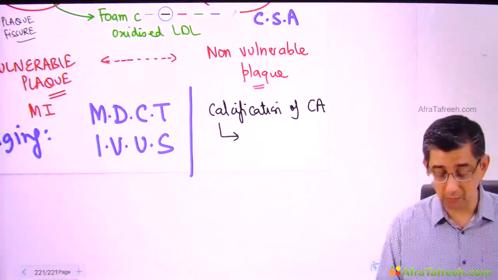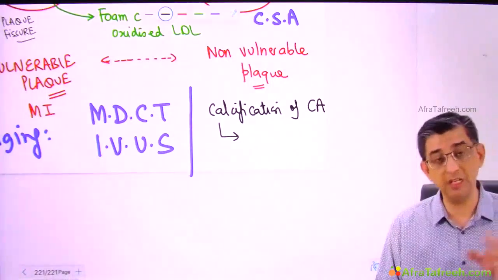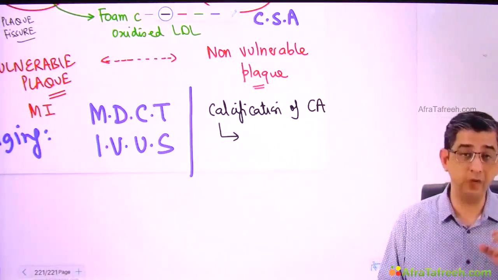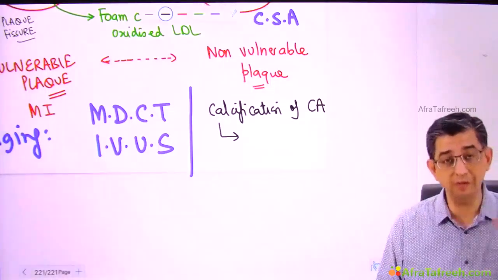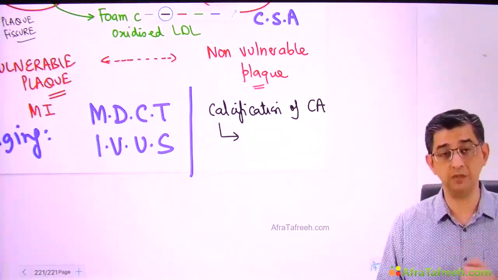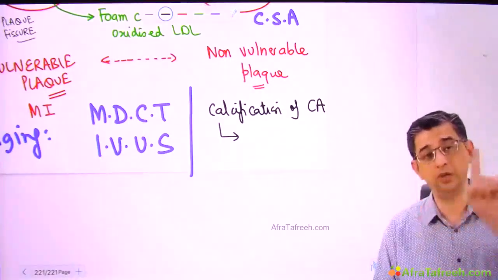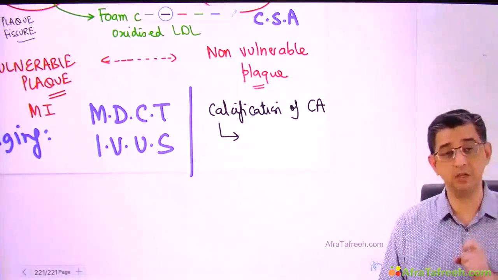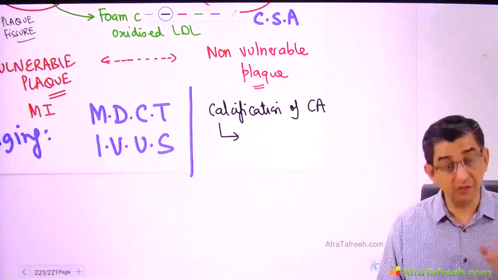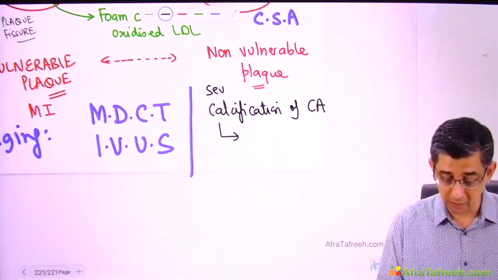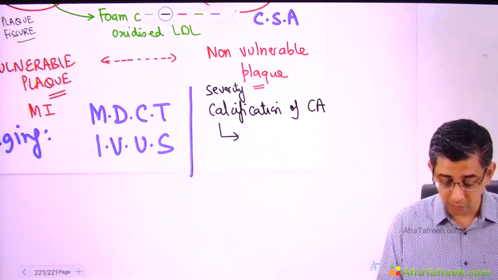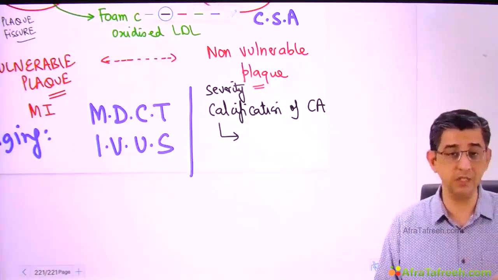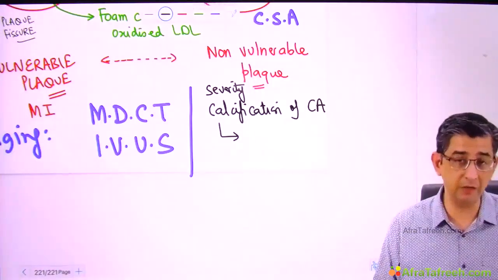And if the calcification develops, then we have a scoring available. What I mean by scoring is: is the calcification present in 25% of the circumference, 50% of the circumference, 75% of the circumference, or all 100% of the circumference of the blood vessel? So to determine this calcification of the coronary artery, or the severity of calcification per se, we have a scoring also available. Now you very well know that for calcification, a CT scan is good enough. So I'm talking about multi-detector CT scan only.